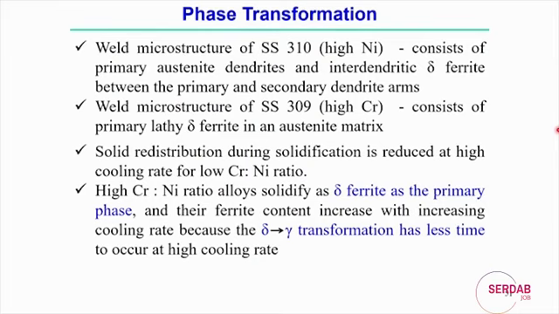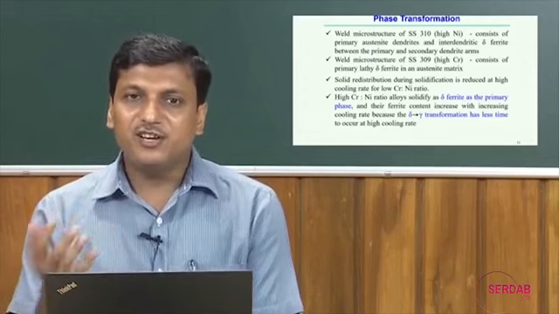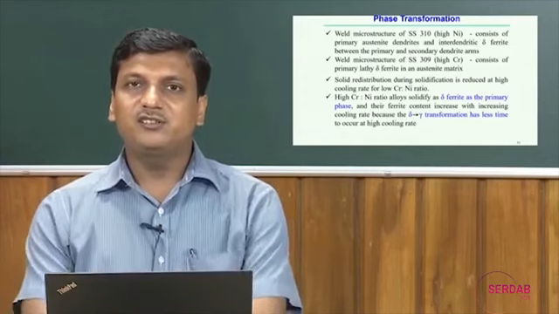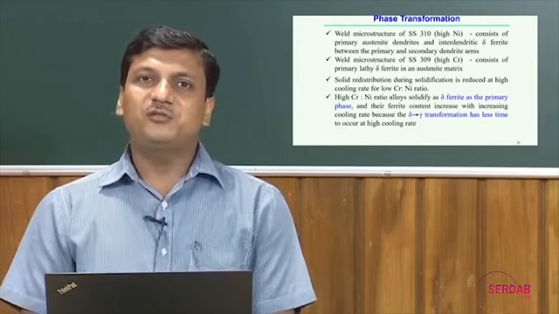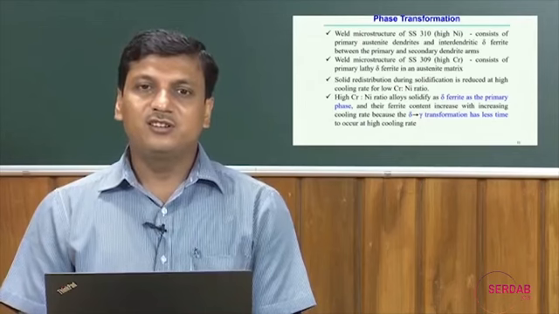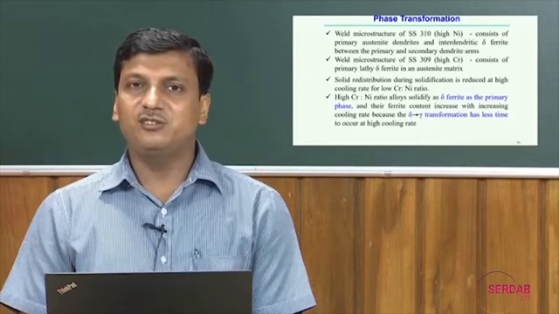So, if we look into this type of different materials, different phases exist within the microstructure, but the formation of the primary phase and secondary phase depends on the ratio of the other alloying elements. This is just one example: if nickel and chromium are the main constituents of the stainless steel and their ratio is different in these two cases, we can expect different kinds of microstructure. Of course, we need an in-depth study of the different types of microstructure